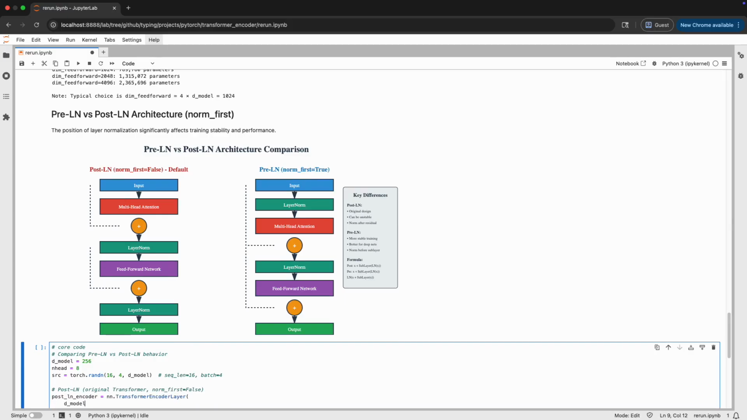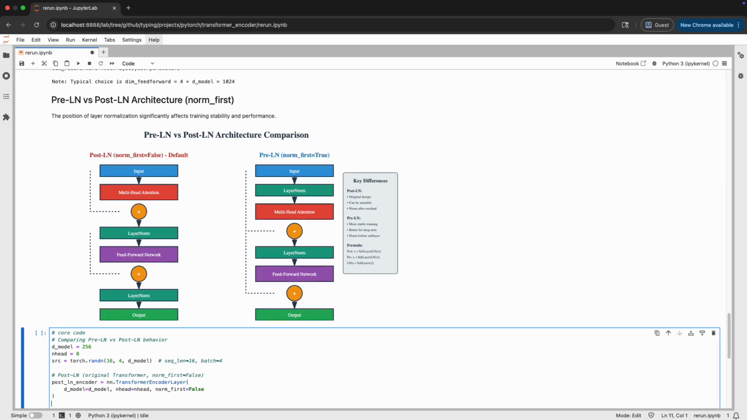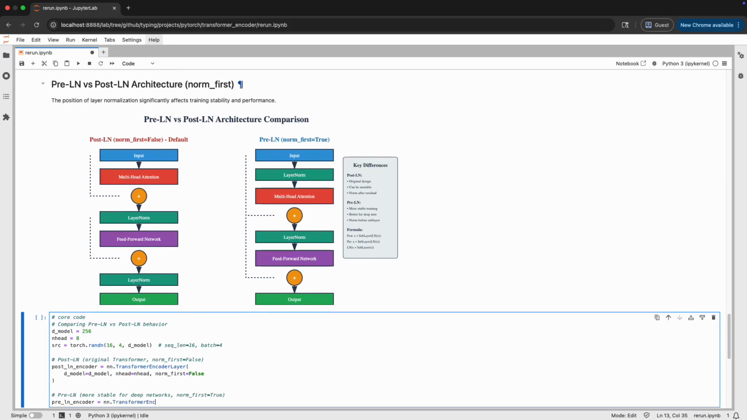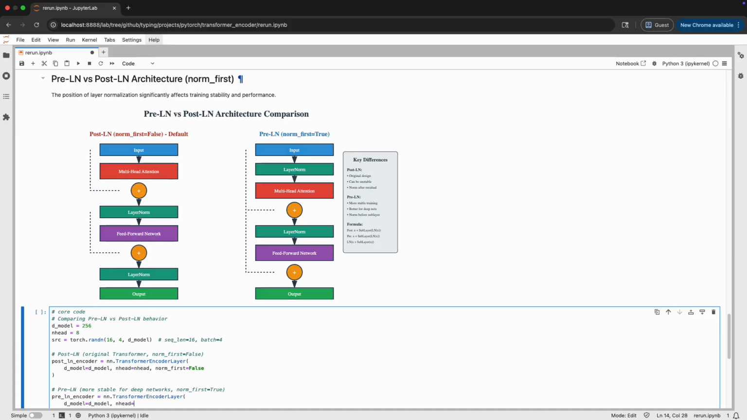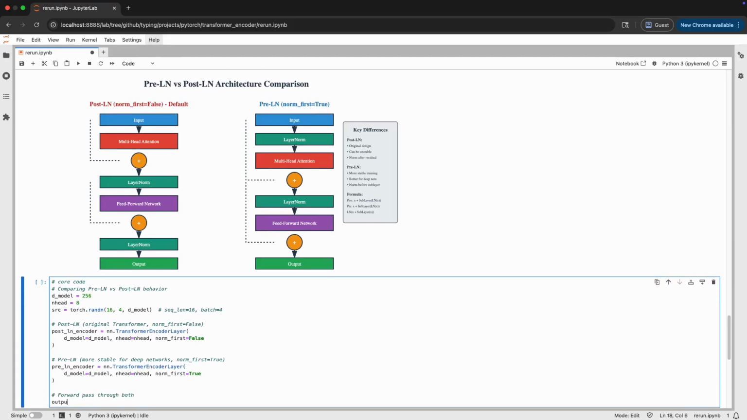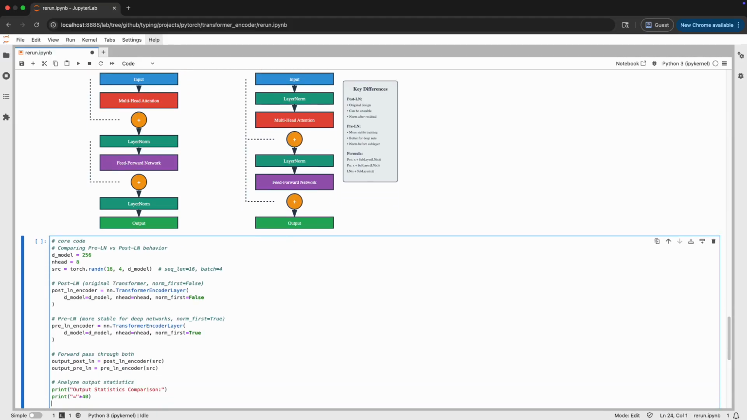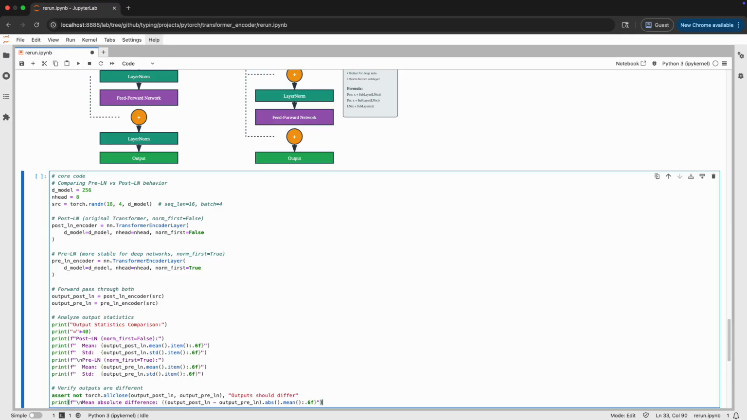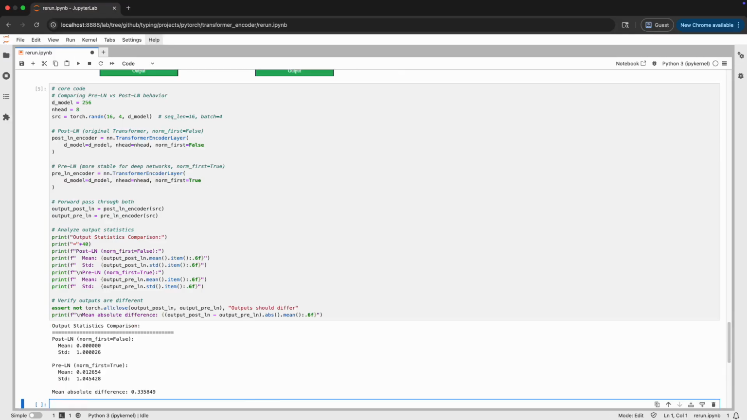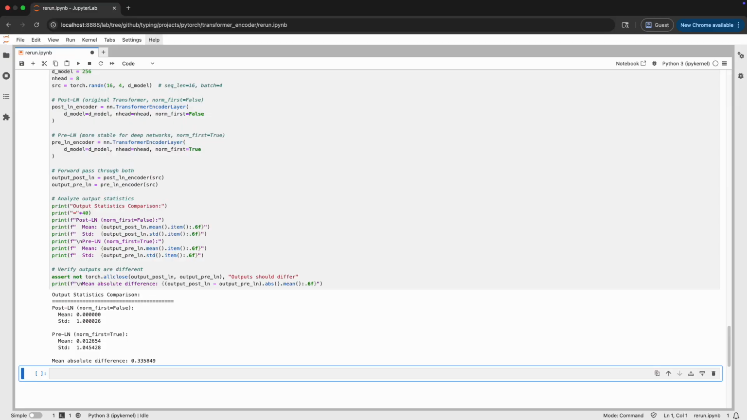Post-layer norm is the original transformer design where normalization happens after the residual connection. Pre-layer norm, on the other hand, normalizes before the sub-layer, which has become more popular for its training stability, especially in deep networks. Looking at the output statistics, we can see that post-layer norm produces outputs with mean very close